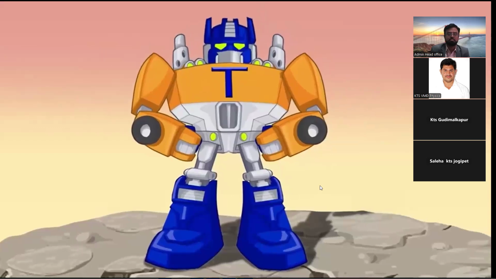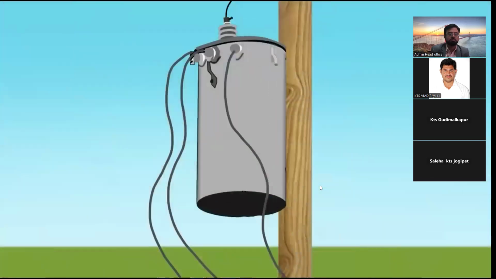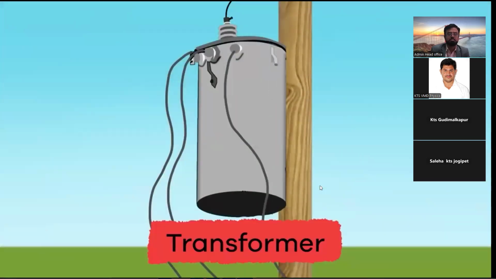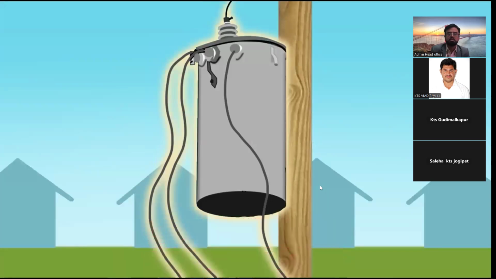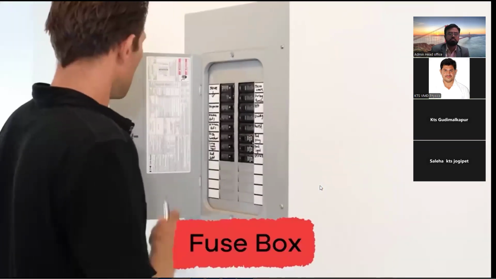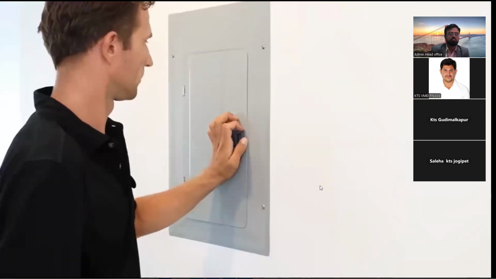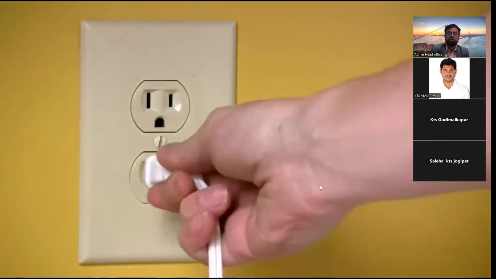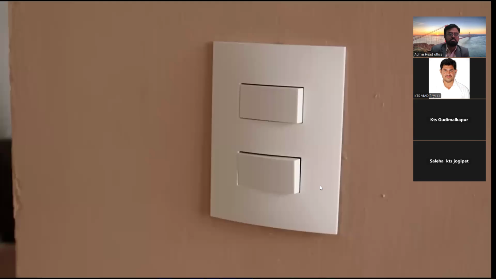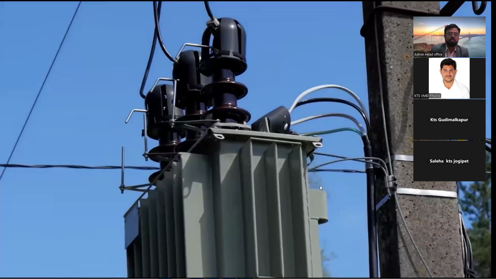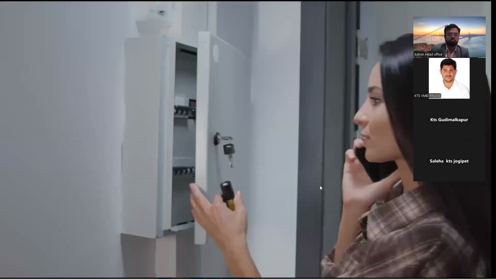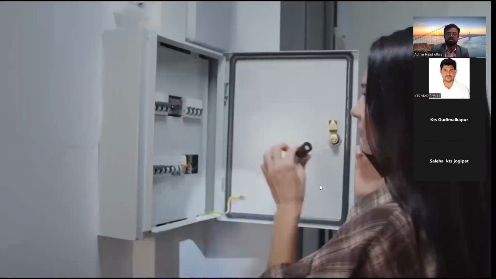Nope, not that kind of transformer. That would be really cool, though. Transformers are attached to the utility box or power poles near your home. The electric current flows from the transformer to the circuit breaker or fuse box in your home. That fuse box then routes the electric current to each of your outlets and switches. The transformer's job is to make sure that the right amount of power is going to your home. This is a very important job.